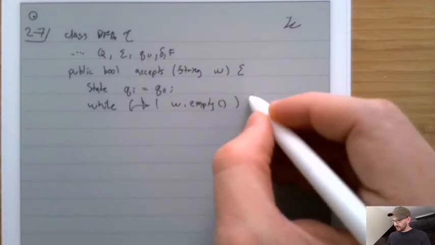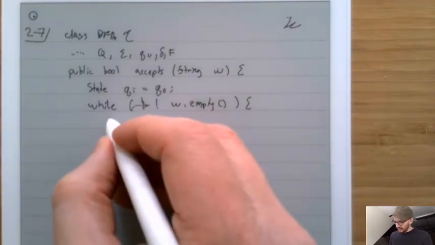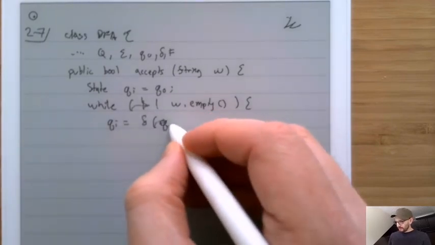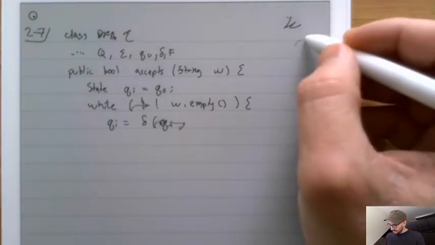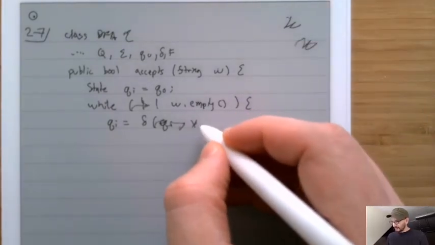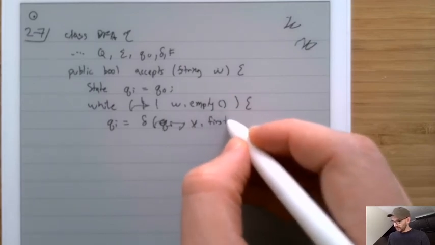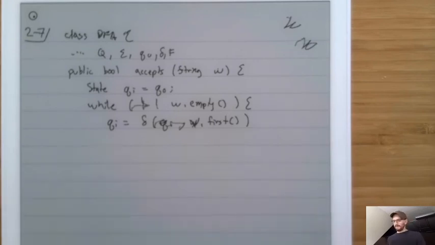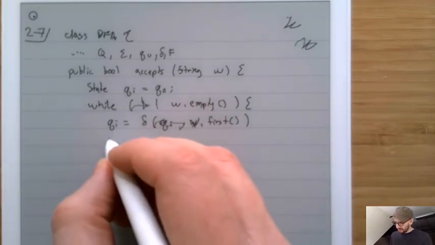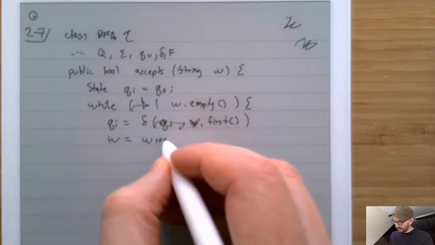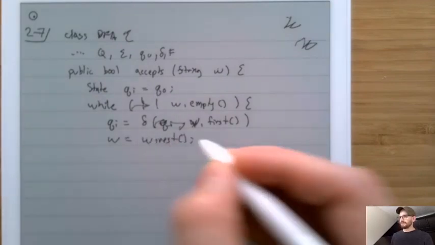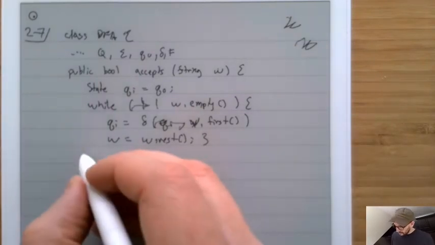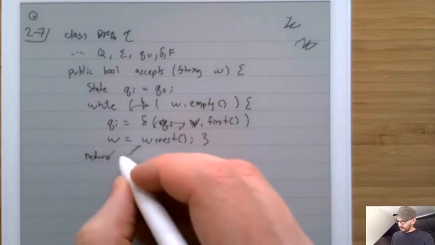So we'll check to see if W is empty, and while it's not the case, then we'll say that Qi equals the delta function called with Qi and then W dot first, whatever the first character is in the string. And then we'll say that W equals W dot rest, whatever comes after the first thing. And then we'll keep doing that over and over again, updating Qi. And then when we're done, we'll return F